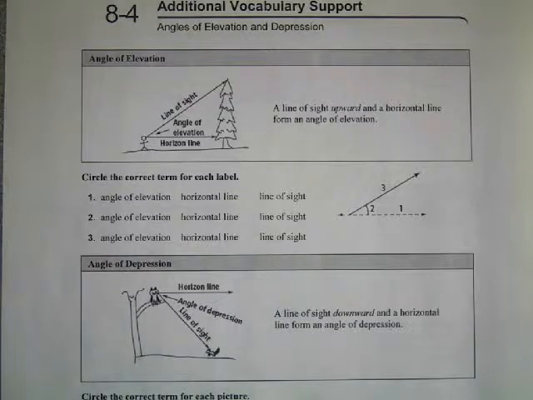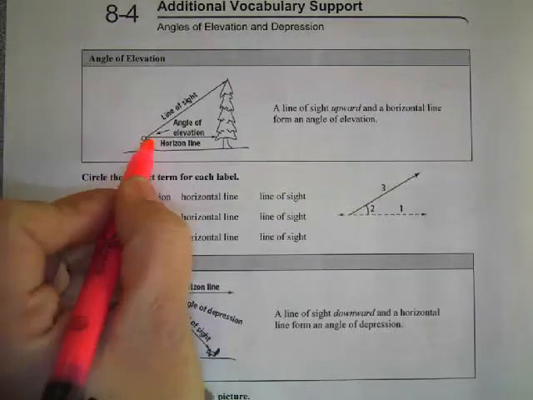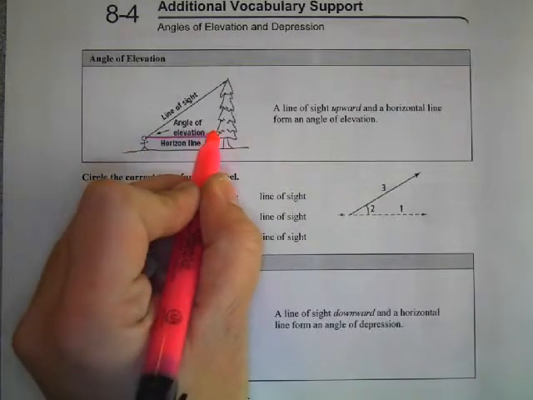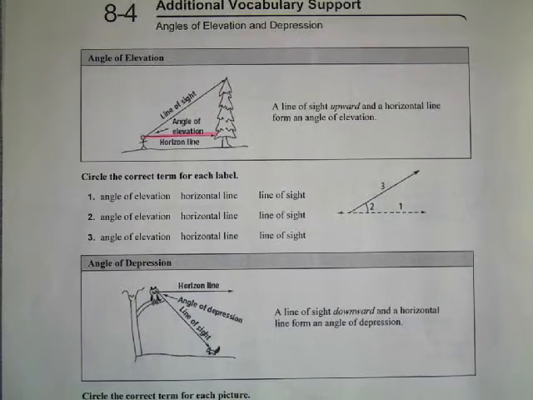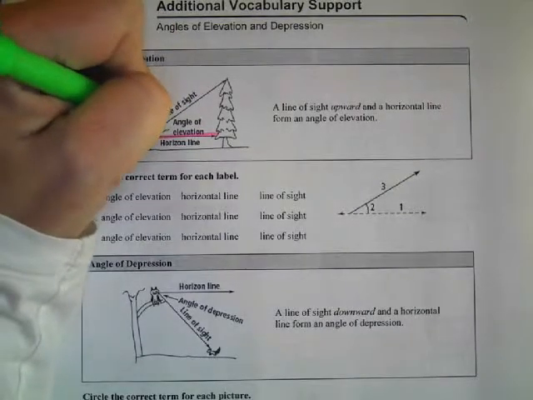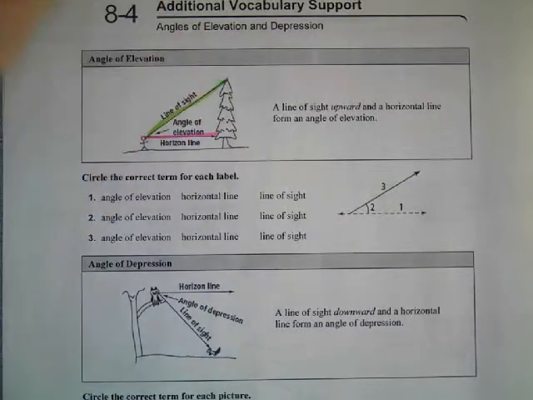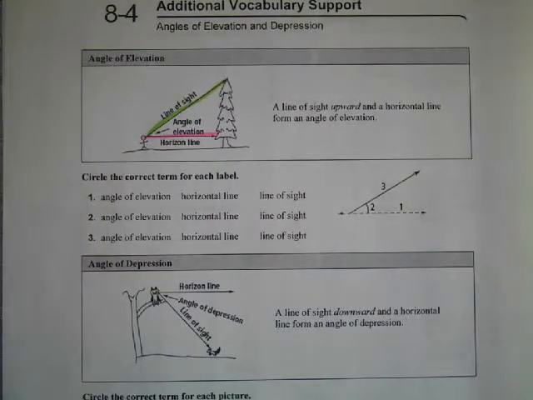So for example, if you're standing in front of a building, you have to look up to see the top of the building. So it always works with a horizon line or a horizontal line when you're looking straight forward. And then what do you need to do to see whatever it is you're looking at? So if I have to look up, my line of sight travels to the top of the object. So since I have to look up,